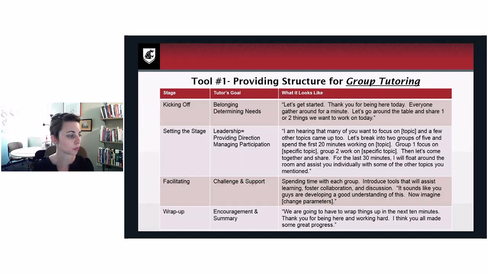Now, how do you provide support in a group environment? And this is trickier. I think it takes a little more practice to feel confident in,